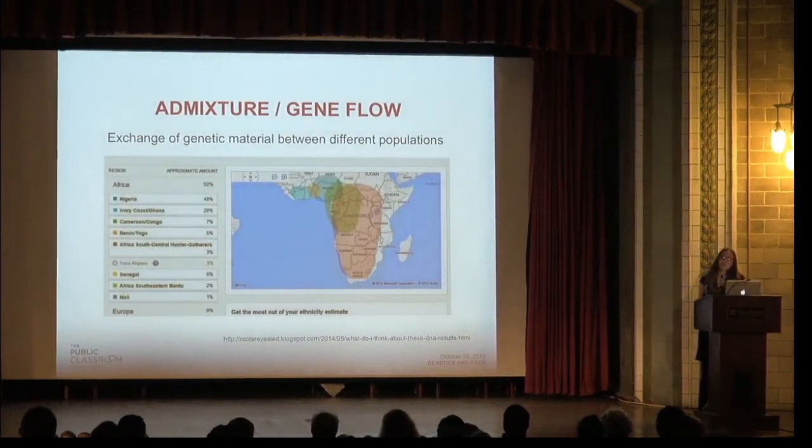And oftentimes when we're talking about nuclear DNA, you're going to hear the terms admixture and gene flow. Admixture refers to the exchange of genetic material between different populations. So for instance, on the screen, I found a blog post of a man who got his ancestry DNA tested. And he said that he had 48% Nigerian ancestry, 20% from the Ivory Coast, and so on. So what this is referring to is that at certain points in time, different populations came through, or different individuals from these populations came through and admixed, so they had some sort of gene flow, creating him who he is today, however many generations back.